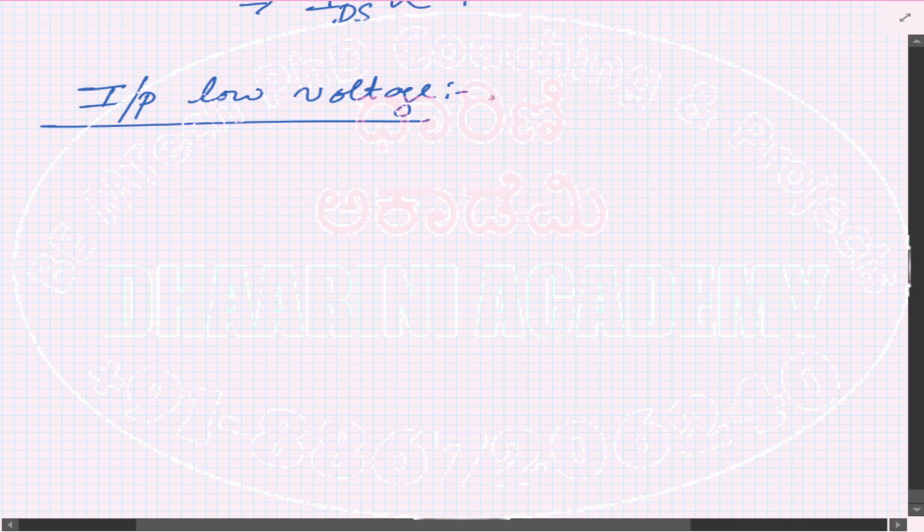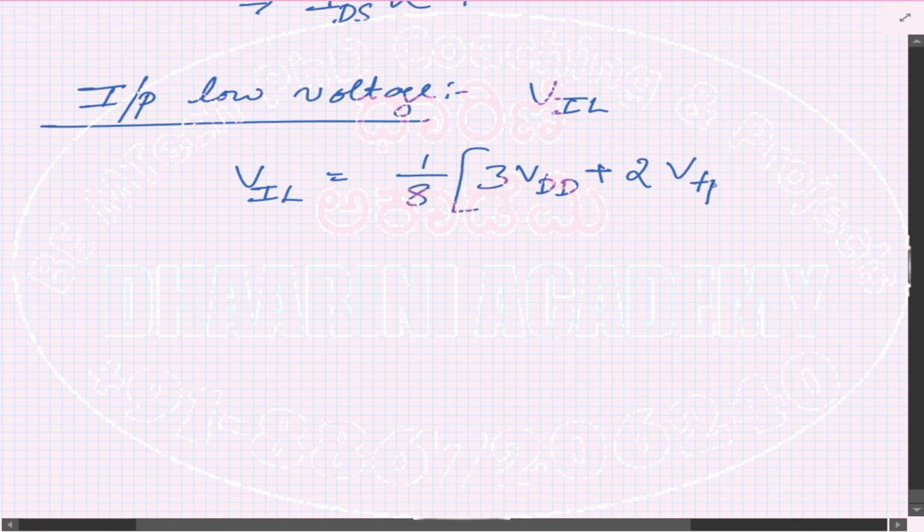Low voltage, if you remember, we already have marked that. That is actually VIL, right? This is how it is denoted, calculated. If you want to calculate the VIL of a given circuit, this is equal to 1 by 8 times 3 into VDD plus 2 times V threshold of a P MOSFET. Okay, then we need another term, that is